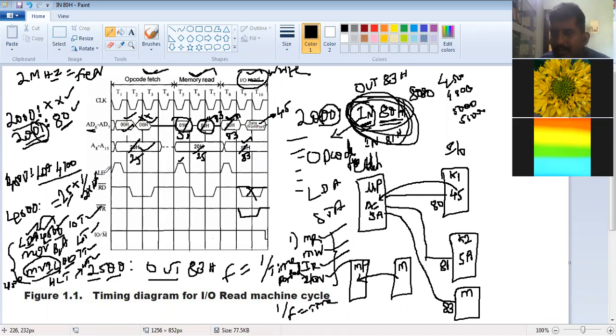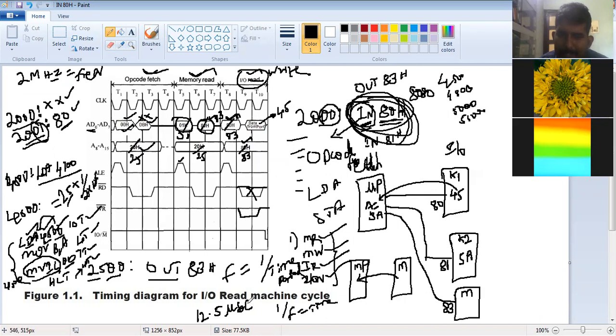Mega means 10 to the power of plus 6, but that mega is in the denominator. If I take it towards the numerator, it becomes 10 to the power of minus 6. So totally your answer will be 12.5